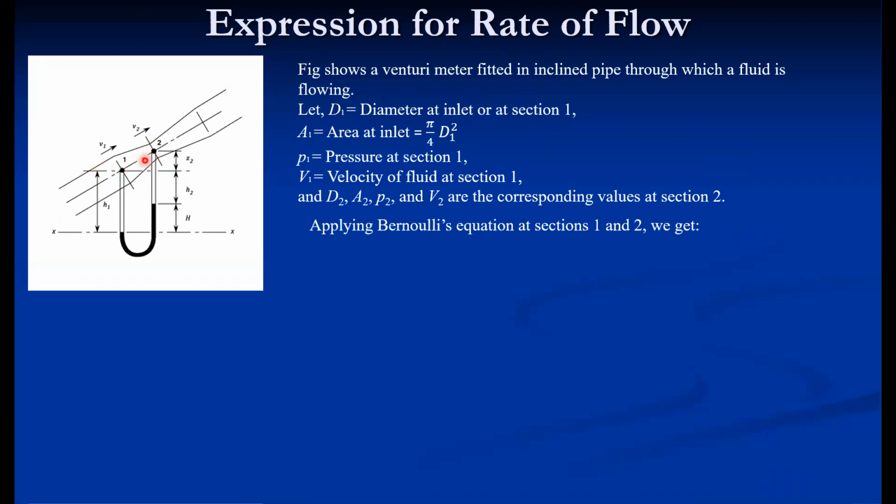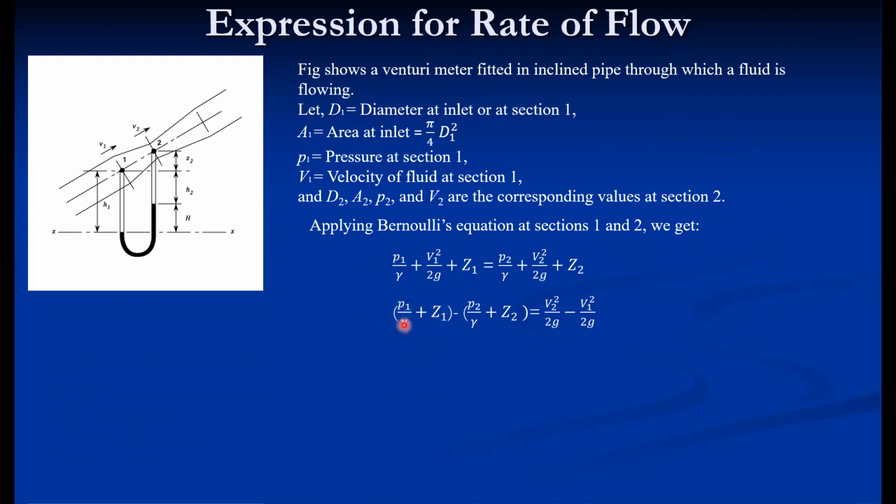Then applying Bernoulli's equation between 1 and 2. The total head at inlet, P1 by gamma plus V1 square by 2g plus Z1, is equal to the total head at outlet, P2 by gamma plus V2 square by 2g plus Z2. If we rearrange the terms, taking P1 by gamma, P2 by gamma, Z1 and Z2 on one side,